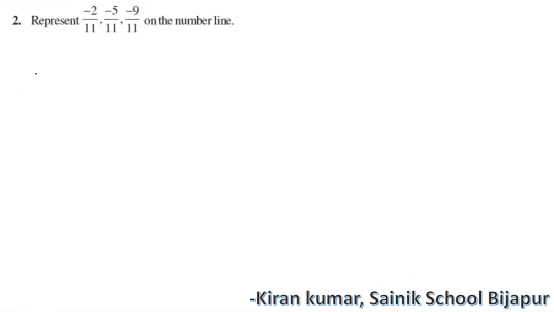Question 2 is also related to the number line. Observe here the numbers given, they have the denominator 11. It means that 11 parts are to be made between the consecutive integers. Since they are all negative and all the values lie between 0 and minus 1, so when I consider the number line,